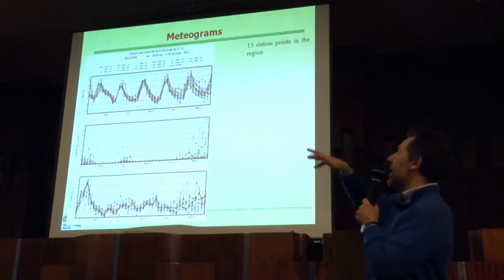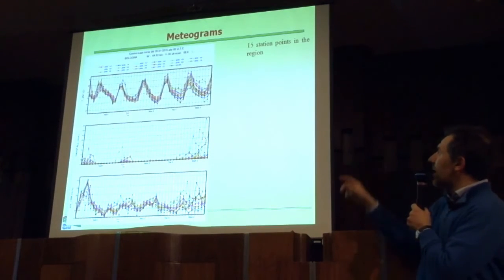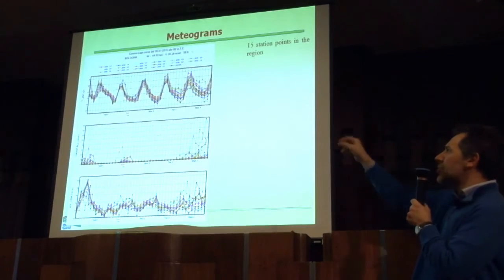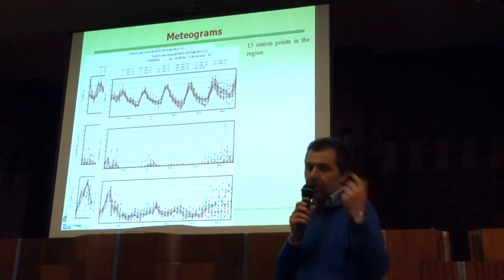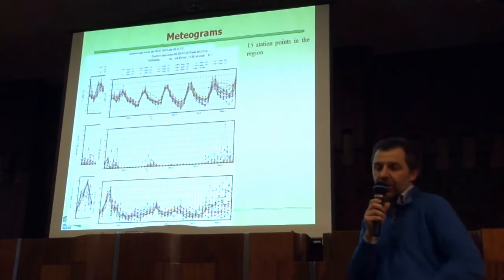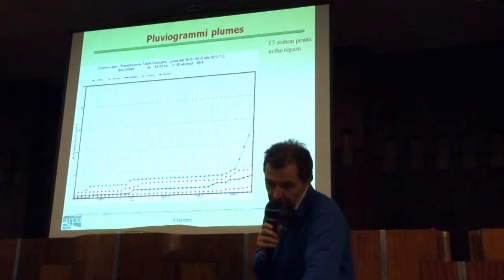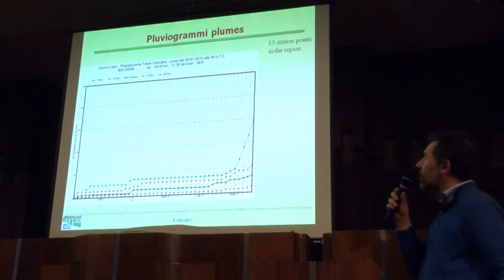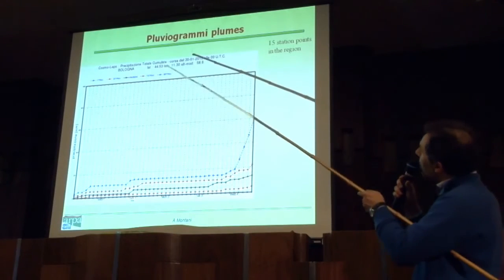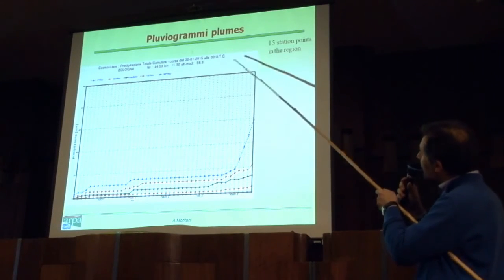This is somehow a memory of the weight given to each individual run. We do this for Bologna, Ferrara, and several station points in the region. And here is a similar product, but it's a sort of cumulated product, some plumes,